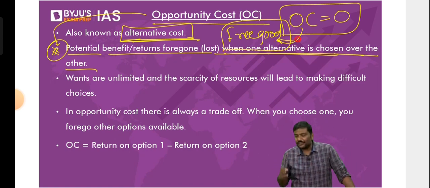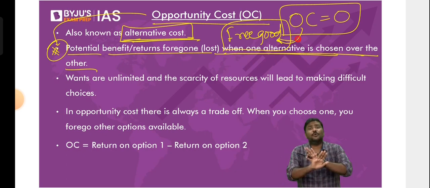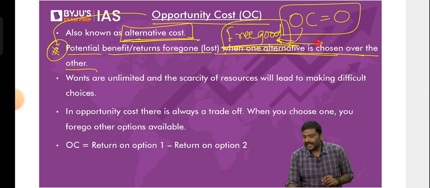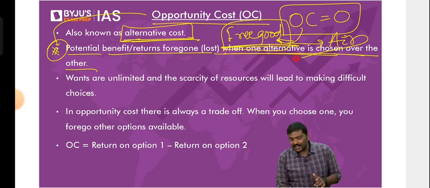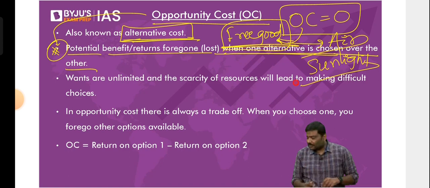I'll repeat it again. What is a free good? Whenever a good is available free of cost, that is, you don't have to pay anything for this particular good, it is called a free good. Best example, the air that is available around us. Do you need to pay money to inhale air? If that's the situation, you're in the wrong city. What about sunlight? Do you need to pay money to get access to sunlight? No. So these kinds of goods are referred to as free goods.